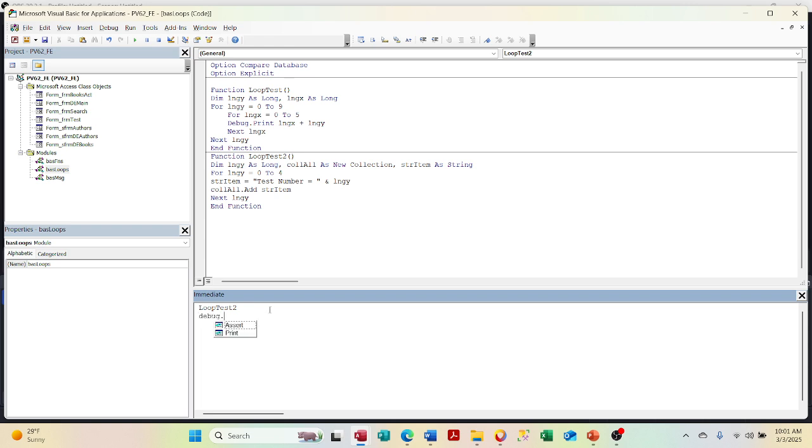So let's debug.print. And I don't think we're going to be able to do it because it's local to it. Yeah, it's going to be local to it. So we're not going to be able to read back on this one. But what we'll do here is after we do that, we will then